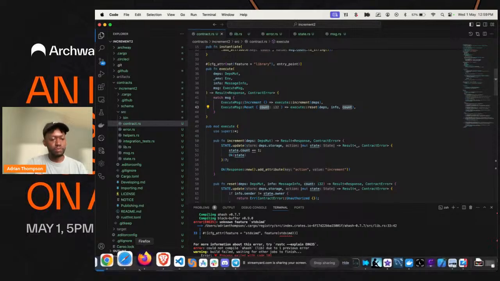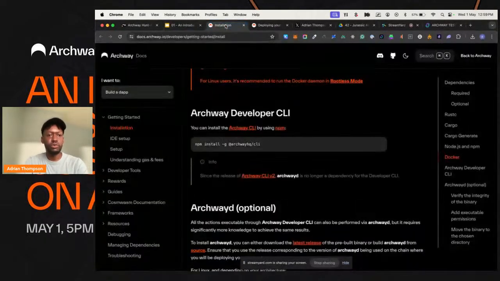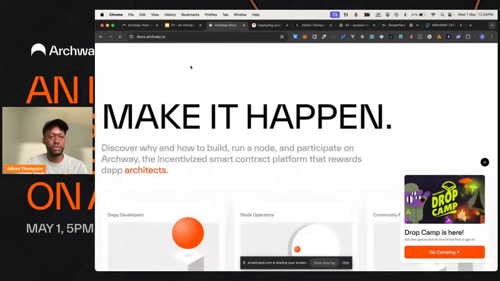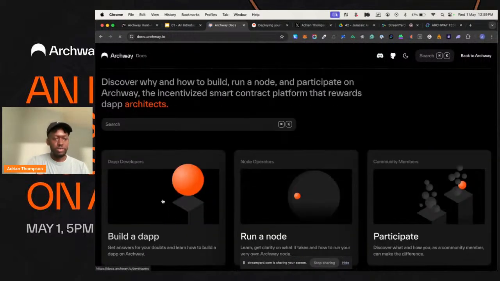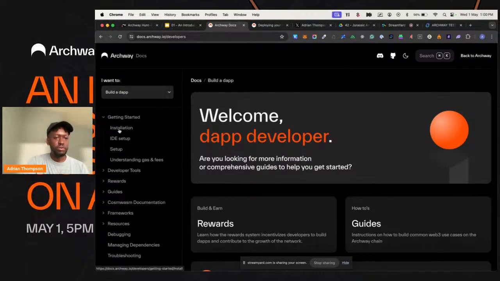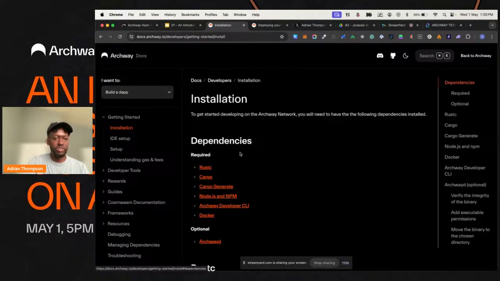All right, so definitely view the docs. If you go to docs.archway.io, you'd select the dApp developers section, and there are a number of guides. So I recommend going through the installation, the IDE setup, and the setup guide. Understanding gas is good as well, especially if you're building a front-end system, to understand what is required, especially using some of our tools like the